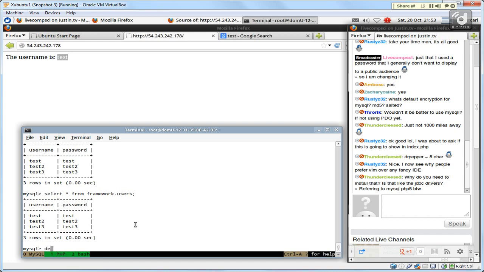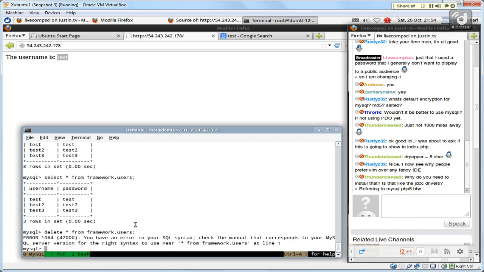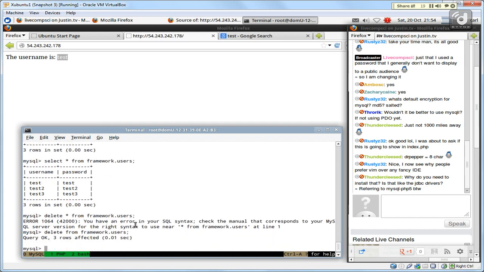So first of all, I'm going to delete everything from framework.users. And you don't need a star, you just delete from. And now I'm going to insert,